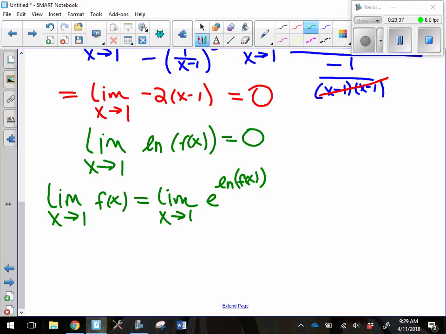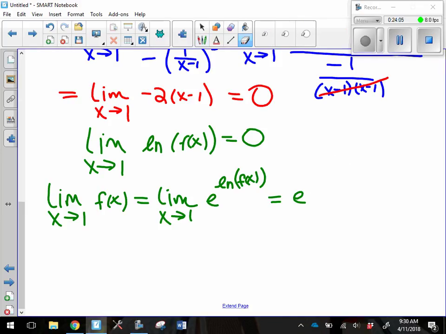What do we call those? Inverse operators, and they cancel each other out. Okay. And so I think you can say that this is really equal to the limit as x goes